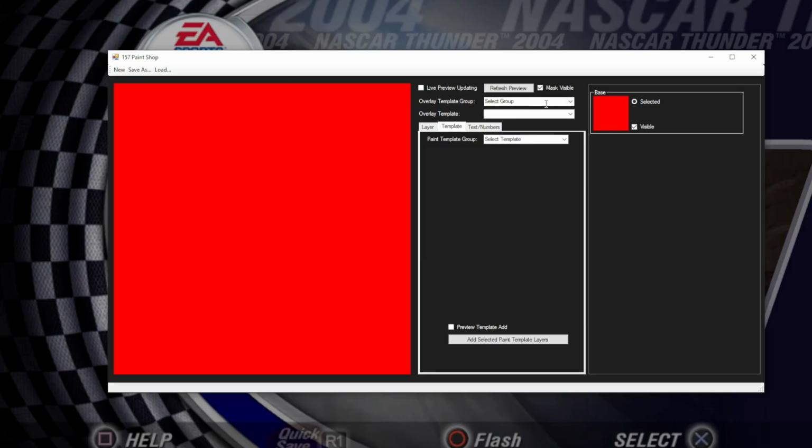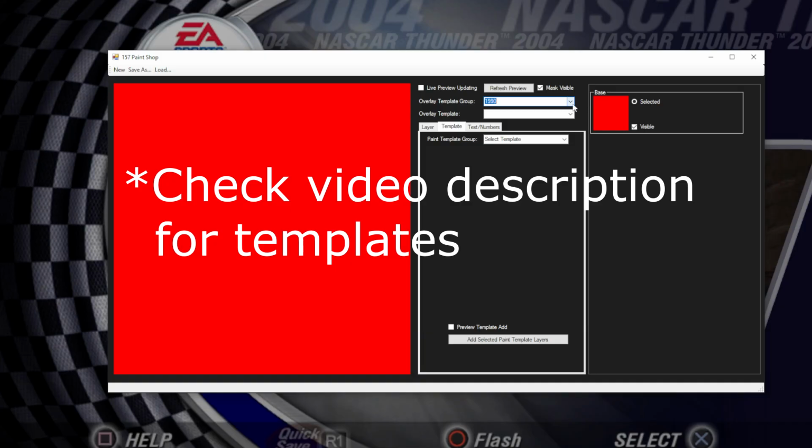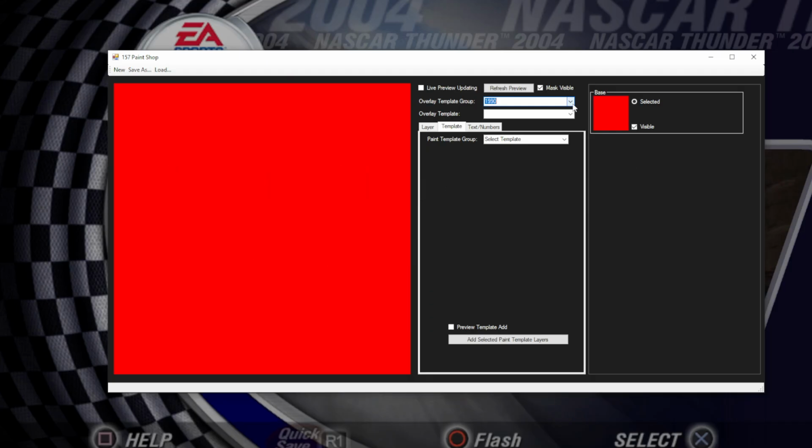Our overlay template group here, this is if there's different templates. Now there's going to be more released when you guys get this tool in your hands. Also, I'm not going to charge anything for the templates themselves. They're going to be a separate free download because as packs release and as other templates are made, we could add them to this. I only have the 1990 in right now, so you pick the year you want and